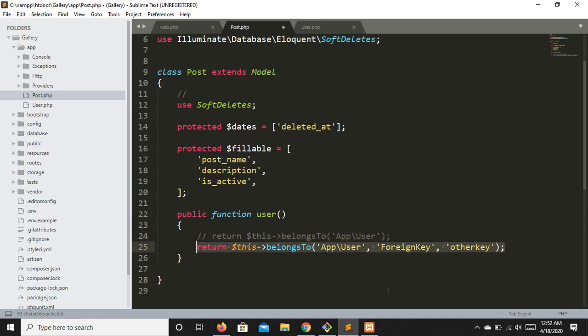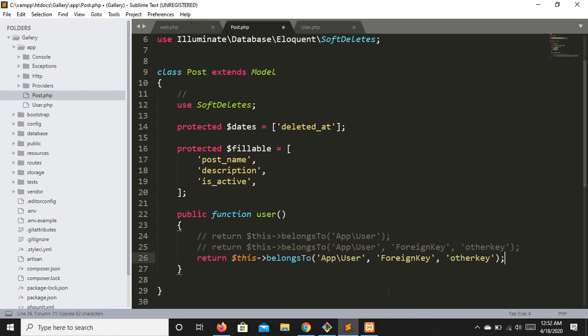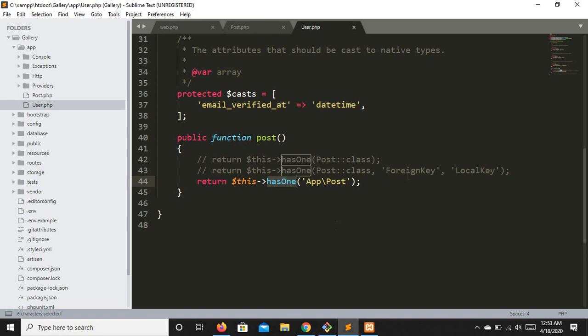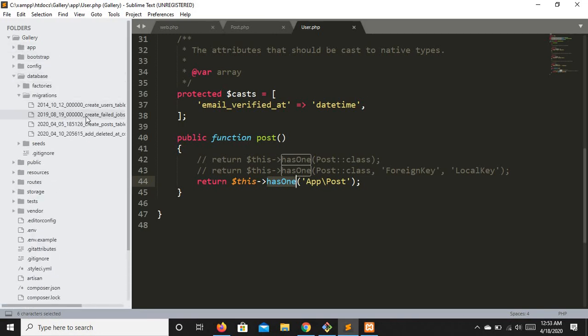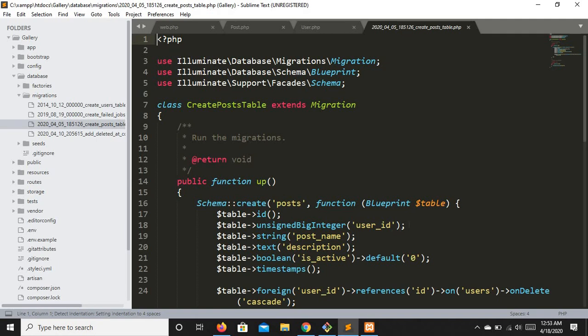Right here, copy, and I will comment it out, move to the next line, paste it, and remove this. In this case, the foreign key is the same as it was in user.php. Let me show you with respect to the migration. Right here, we have our foreign key.